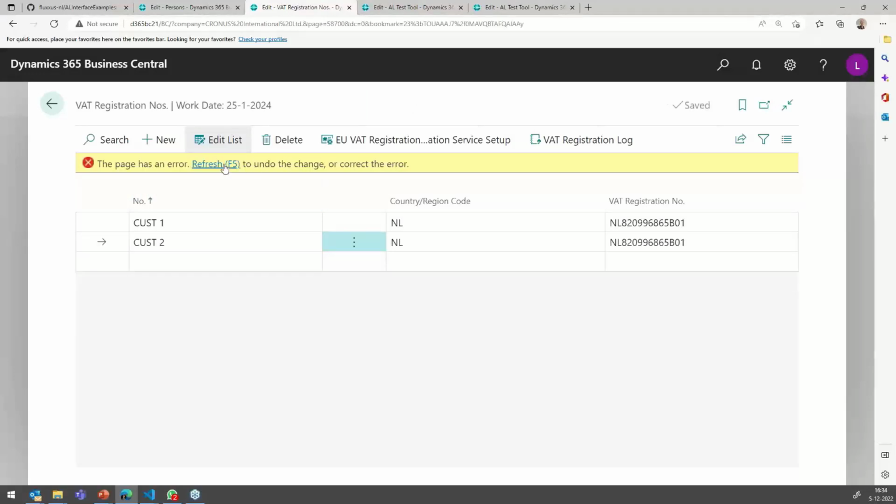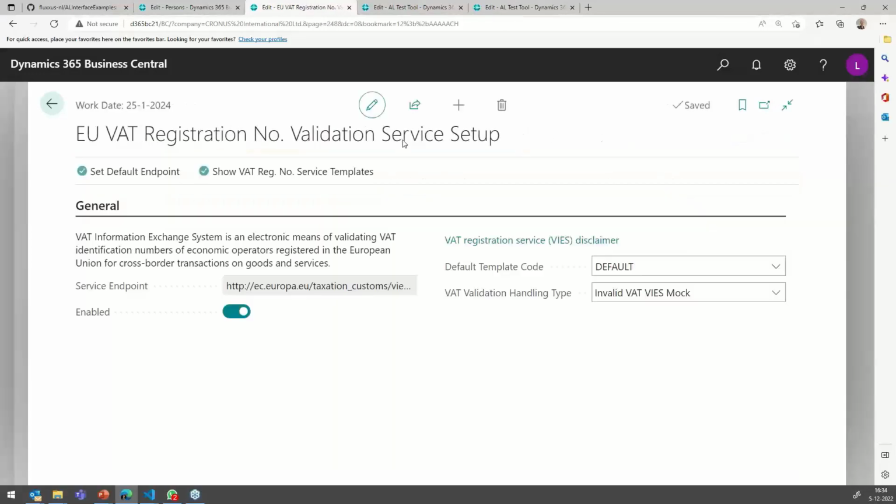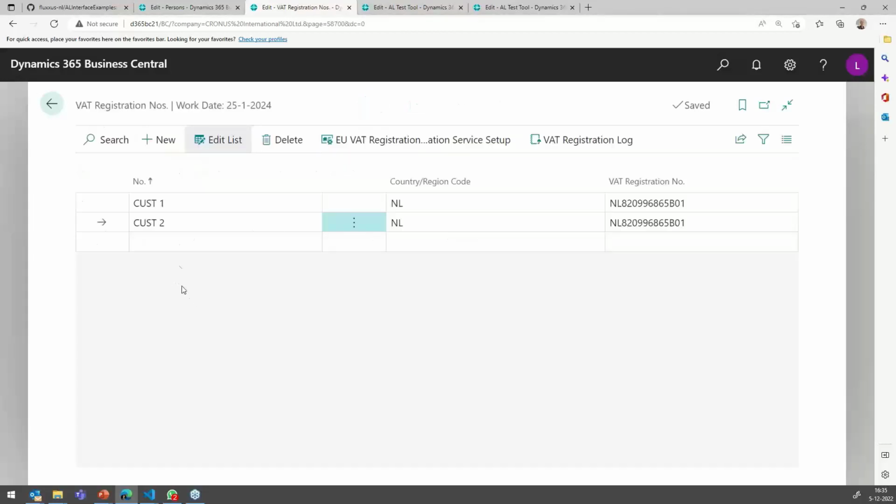Okay, oh, of course, with the error. Nevertheless, let's get back. Let's turn on the valid one. This is going to return a mocked, if we want to call it, version of the data the service could return. So it's not going to call the service, but it's just going to act as if the service was called. So here,